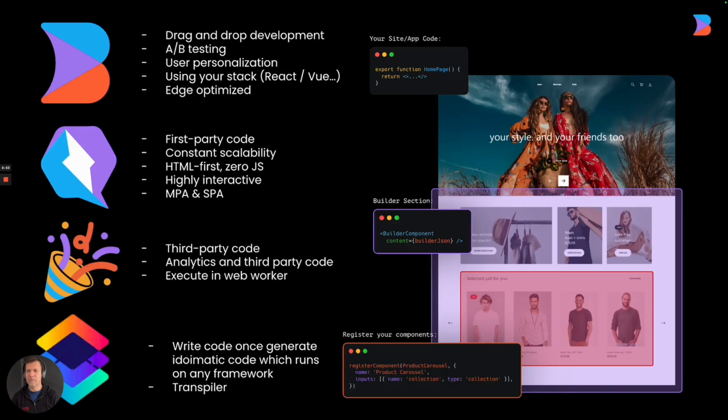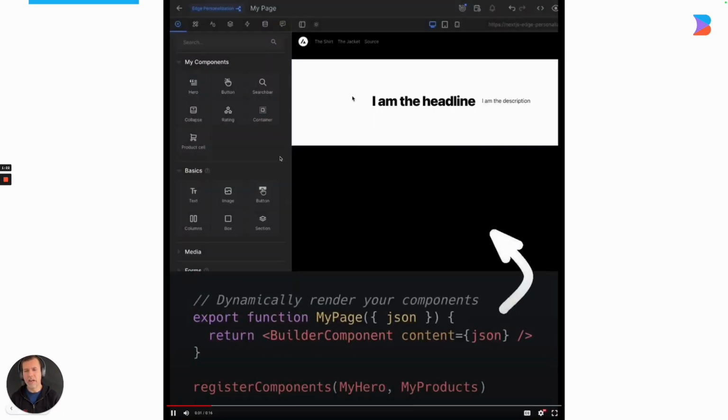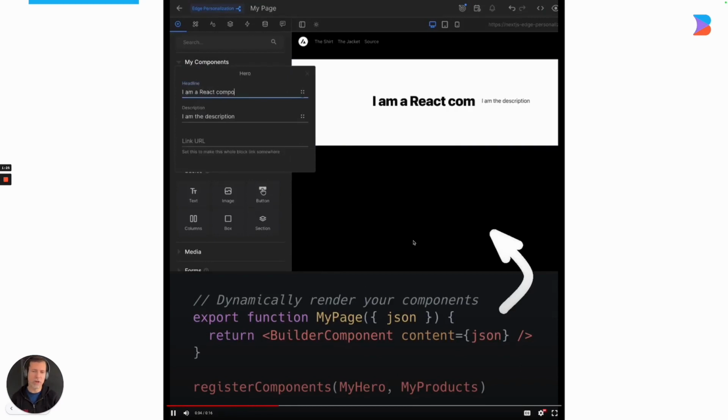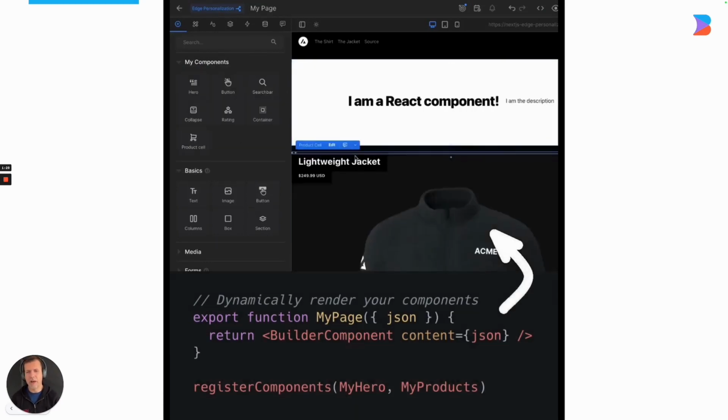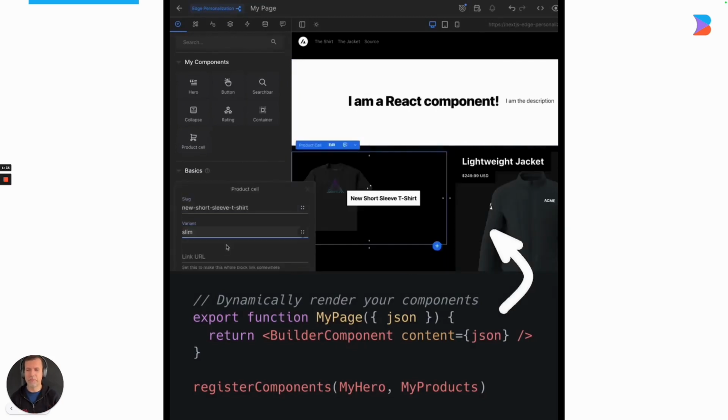Let's talk about Builder for a second. Builder is a headless visual CMS system. We basically make drag and drop development easy. We also really care about our customers and want to have really fast performance. And so we are focusing on this framework called Quick, which does the best possible time to interactive, PartyTown for making third-party code, and Mitosis, which allows you to write your code once and run on any framework. Specifically for the Builder, we have this cool editor that you can see over here. It allows you to drag and drop React components or any technology stack you happen to be in. So think like Wix's headless visual CMS systems, but for your website.